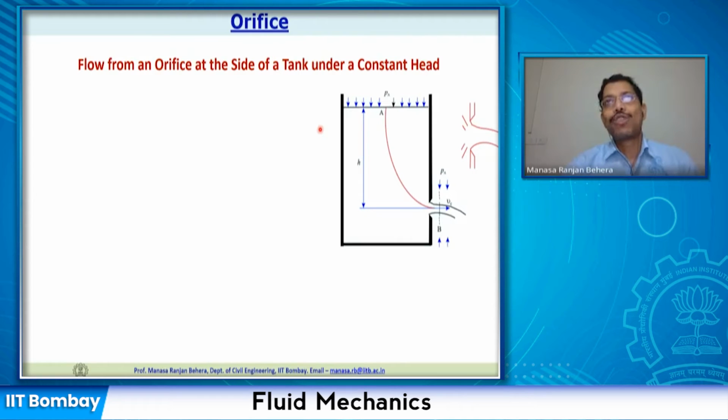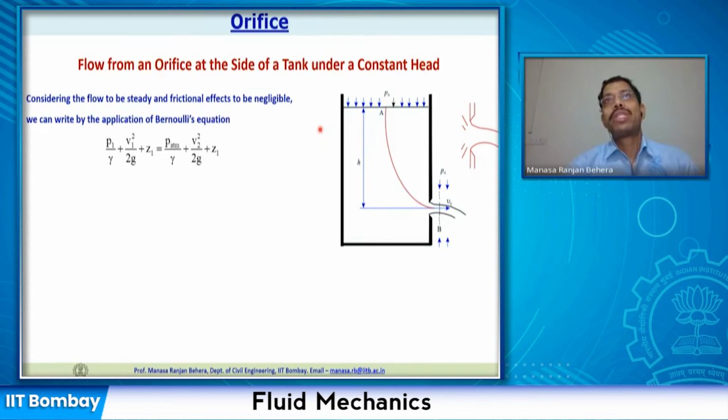If we assume that the head is constant, we can write down Bernoulli's equation. The energy can be compared at both sections. One section is here, and another section is considered here where we find the vena contracta, where the area is minimum when the flow is coming out. Initially when the flow comes out, it takes a trajectory, reaches a minimum flow area, and then expands again further. So taking this as section B and the first section as A, we can write down the equation.